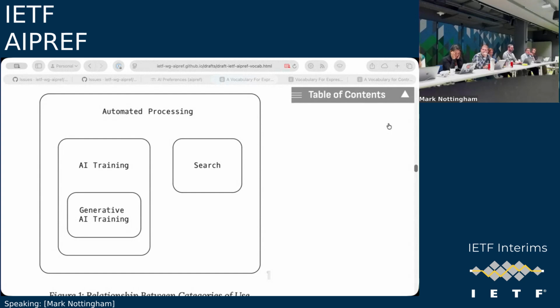So Aaron, you said basically you have your search index, and in order to be able to guarantee that something that's in the index can be found, you train a model on what's in the search index. And if you cannot train it on parts of the index, there's a chance that it might not be found. Is that model that you're training a generative AI model? Or would it just fall in the AI training category? Because if I can say generative AI training no, and still be found in search, I think that would address 95% of the problem.